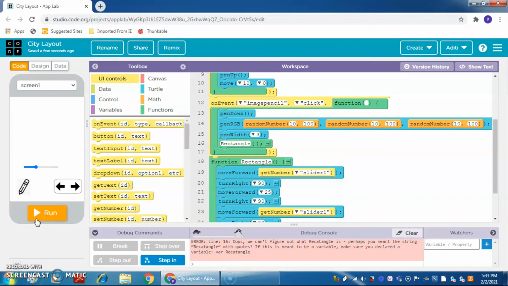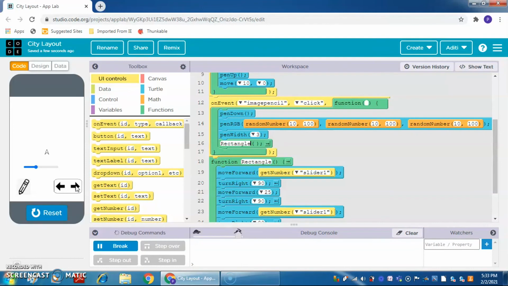Now it is correct. When I click on run, right arrow, it moves right, left it moves left. When I click on draw, see it draws. Now when I increase the slider and click on this, it makes a bigger building. And you can also see that the color is changing.